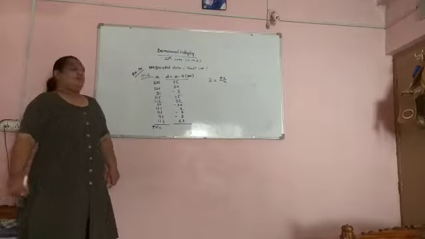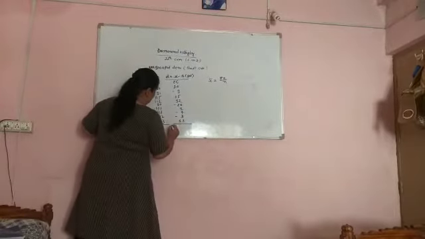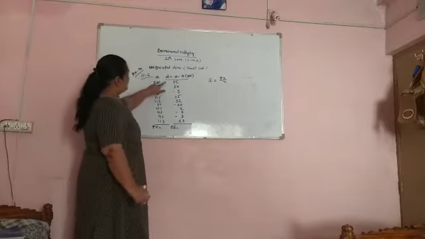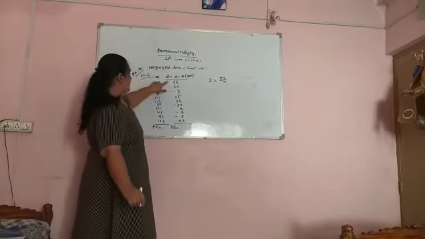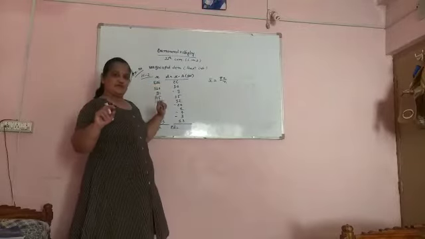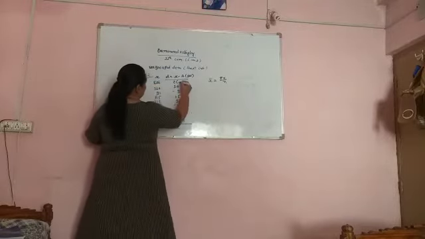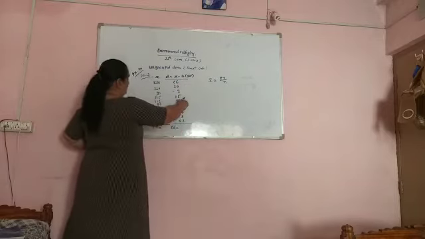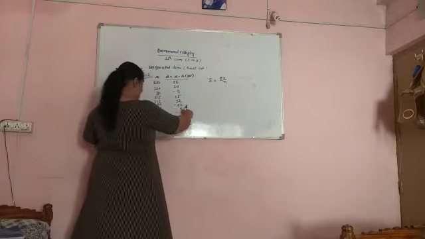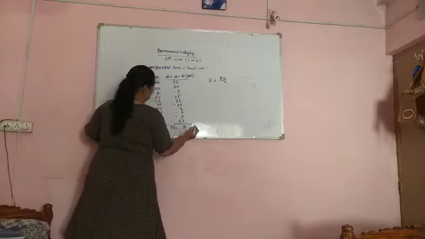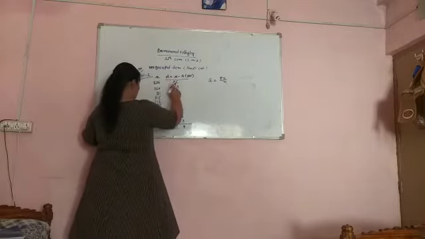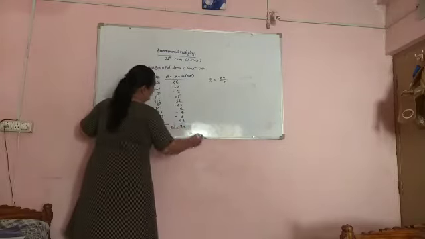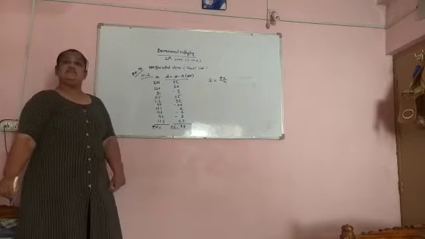Now we will add all these. It's called sigma d. First of all, we should count all the positive numbers. Then the positive numbers are 26, 10, 15, 12, 1 and 13, and the total of the positive numbers is 77.